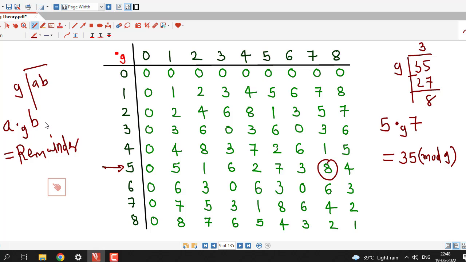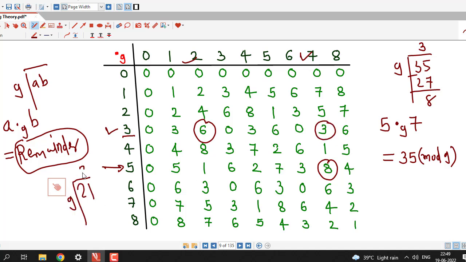a into b equal to a into b if it is less than 9. Otherwise, find out the remainder when a into b is divided by 9. For example, 3 into 2 is 6. 6 is less than 9, so I keep 6 as it is. But 3 into 7, that is 21. So I have to divide 21 by 9, and I observe that the remainder is 3. So here I have written 3. So in this way I have prepared this multiplication table or composition table for multiplication modulo 9,